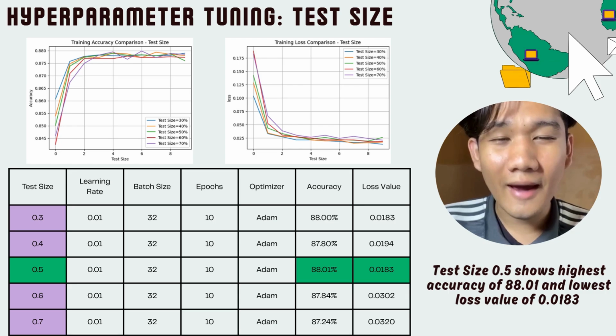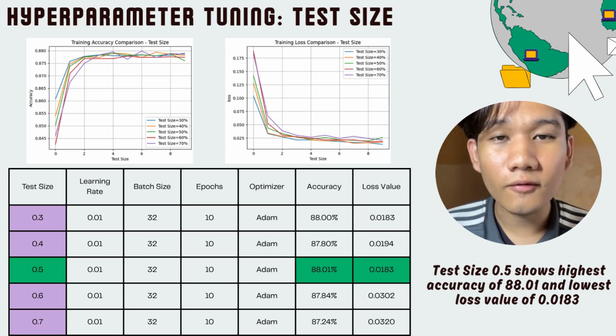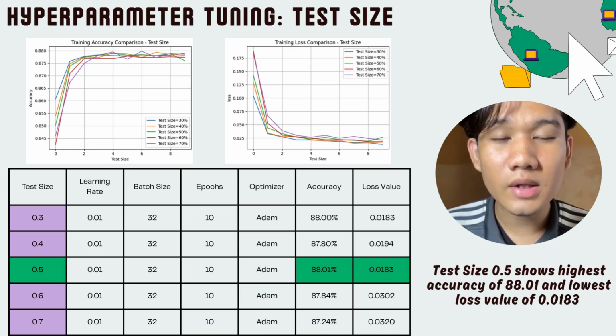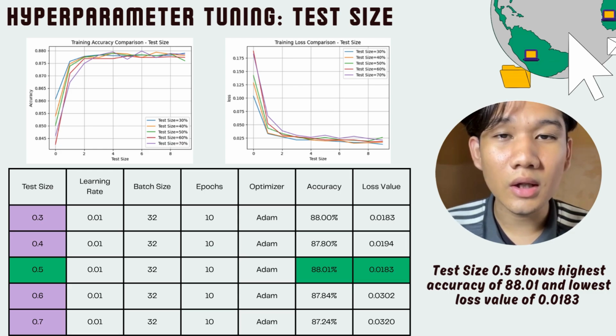So we kept other parameters fixed, which is a learning rate of 0.01, batch size of 32, 10 epochs, and the Adam optimizer. Then we tested different test sizes, which is 0.3, 0.5, 0.6, and 0.7. So from the results in the table, we can see that when the test size was set to 0.5, the model achieved the highest accuracy of 88.01%